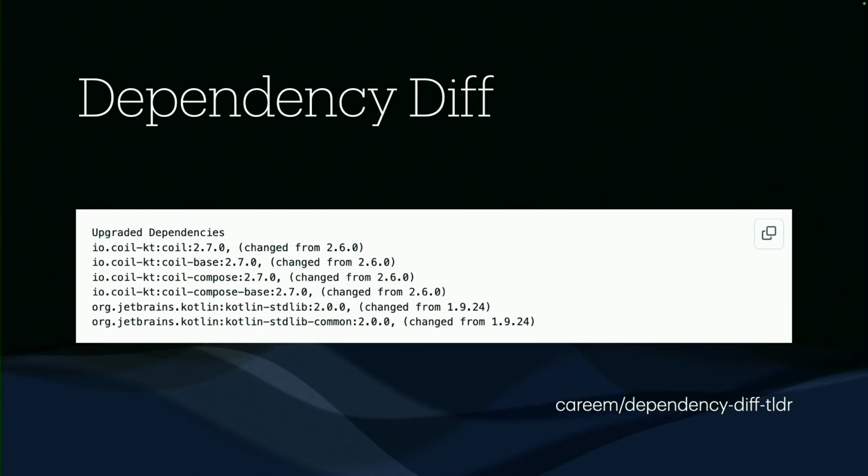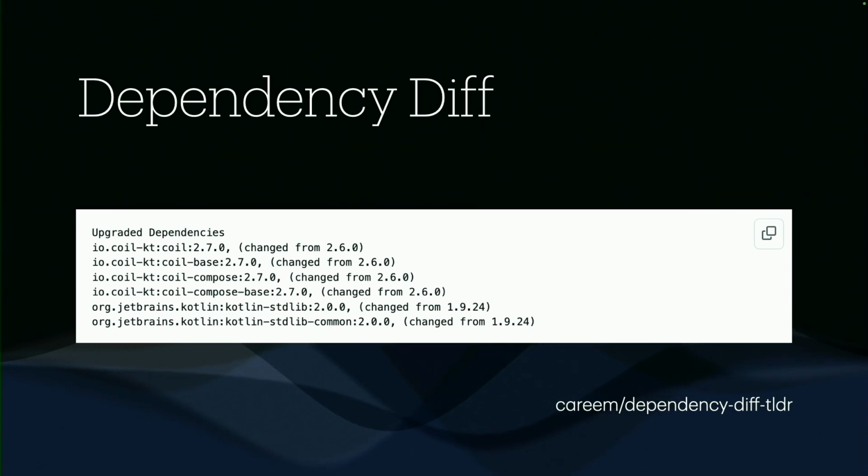This screenshot is an example of bumping Coil to 2.7. And as you can see, the first 4 dependencies are Coil, but then it transitively bumps Kotlin's standard library as well to 2.0, which was caught over here. And you can do further checks along this to make sure that you block a PR that has any side effect, and so on and so forth. You can tailor it to your needs.